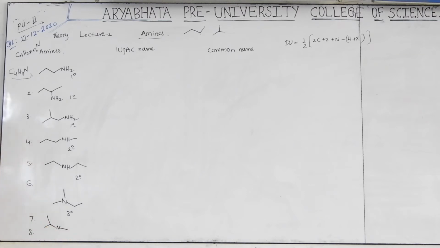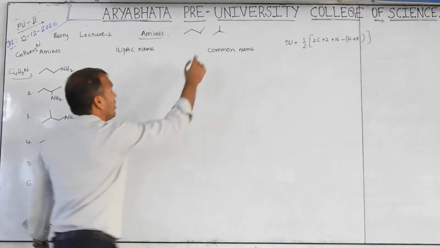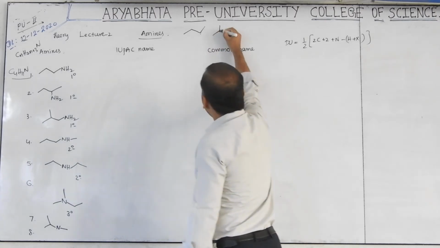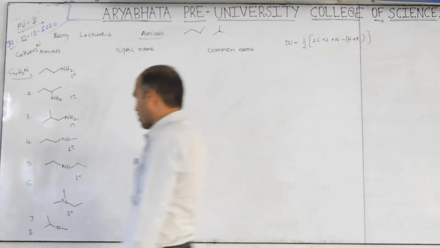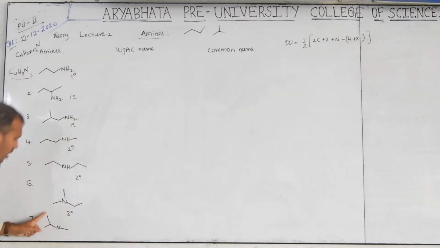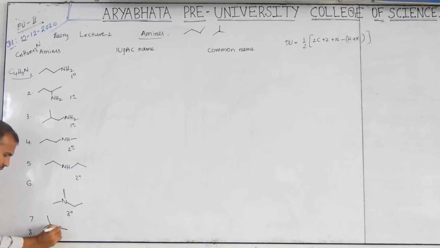Like this also possible. See, 1, 2. In between this carbon, I place nitrogen. Clear? Now check how many carbons are there. 1, 2, 3, 4. Then here one should be right. Clear? Then that is 7. What is the 8th? Check. If you place here, no. That was our 8th one, also possible.